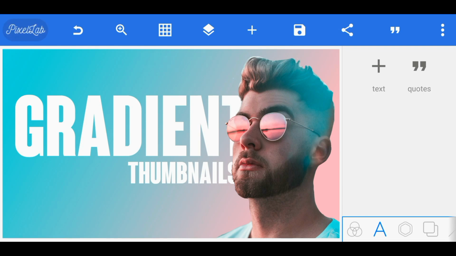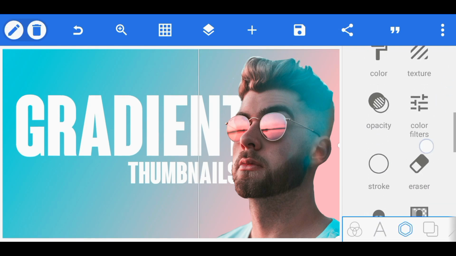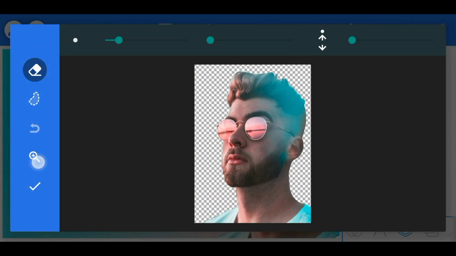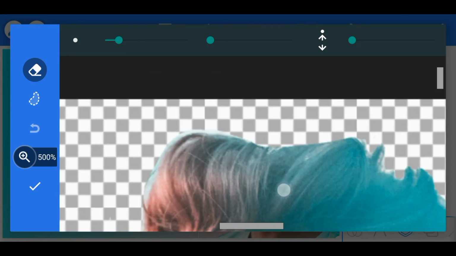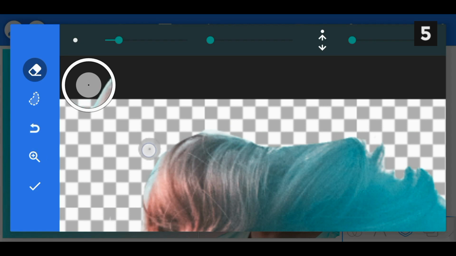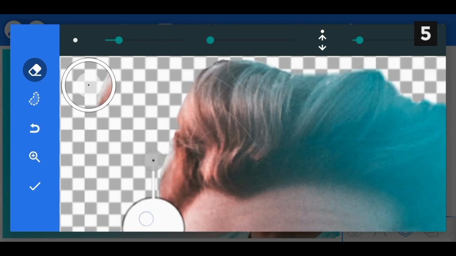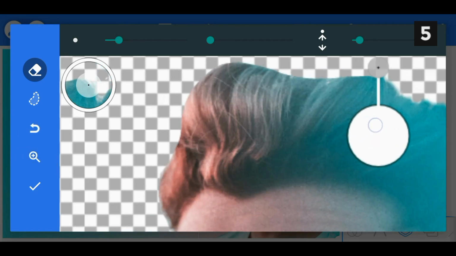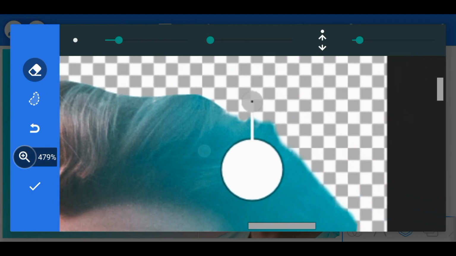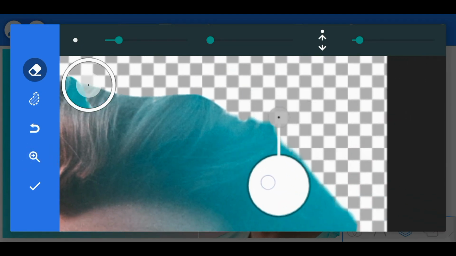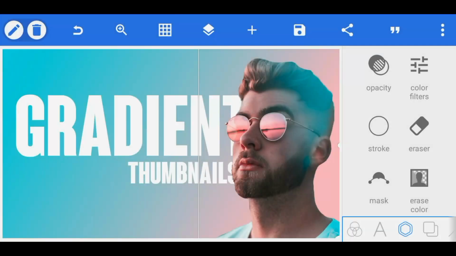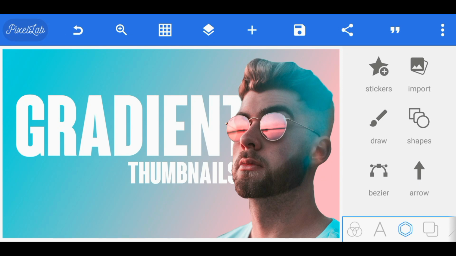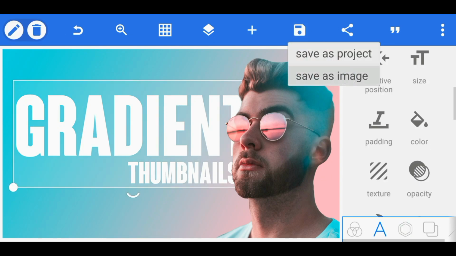And then after doing all these things, if you still have time, select the picture, select the eraser tool and make a proper finish in the hairs, because this really gives a proper finishing touch to your overall thumbnail, which makes the thumbnail look slightly better. But then it depends on you. If you don't have time for this, then just skip the part. Now the thumbnail looks perfect. You can then save it in ultra quality.